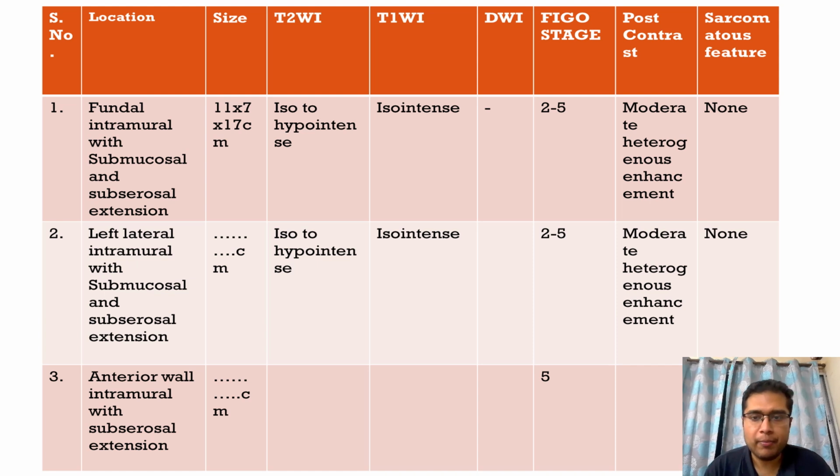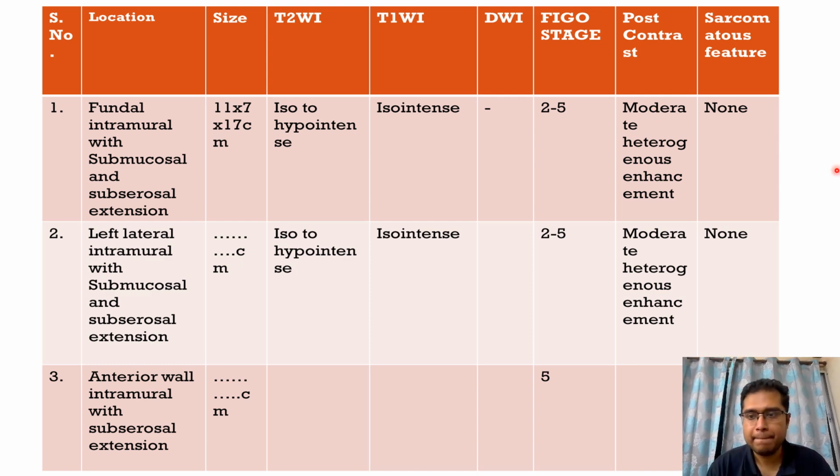A typical reporting format for fibroid mapping is that at least 3 to 4 large fibroids are to be given in the report, with the location of the fibroids as fundal, intramural, with submucosal and subserosal extension, the size of the fibroid, the T2 and T1 signal characteristics, and whether it is restricting on DWI or not, because early signs of conversion to leiomyosarcoma include restriction on DWI. Sarcomatous features are to be determined. FIGO staging has to be given, and the post-contrast enhancement has to be mentioned within the report